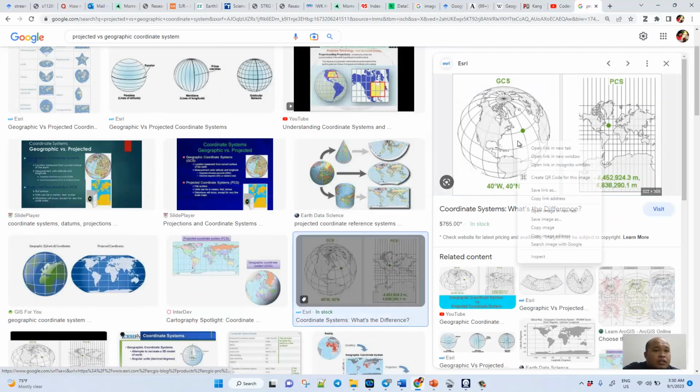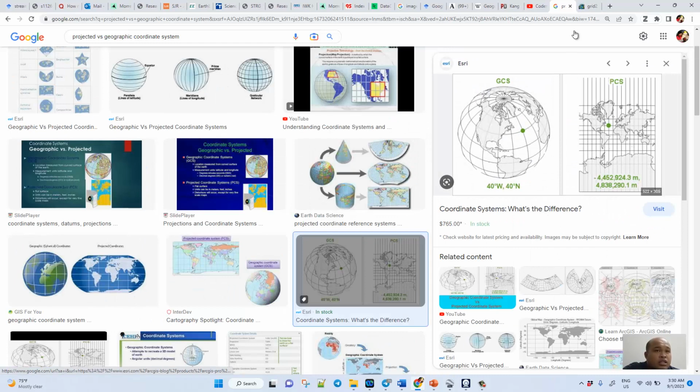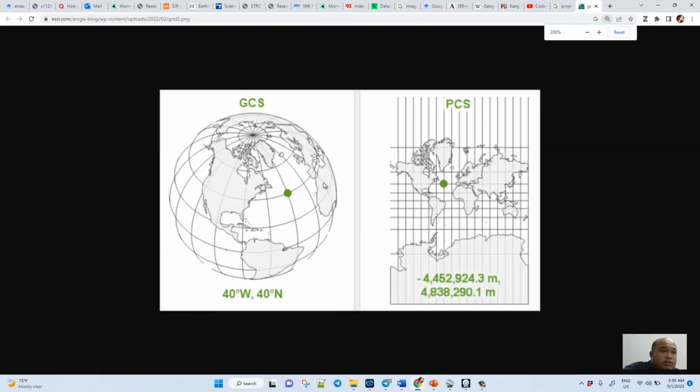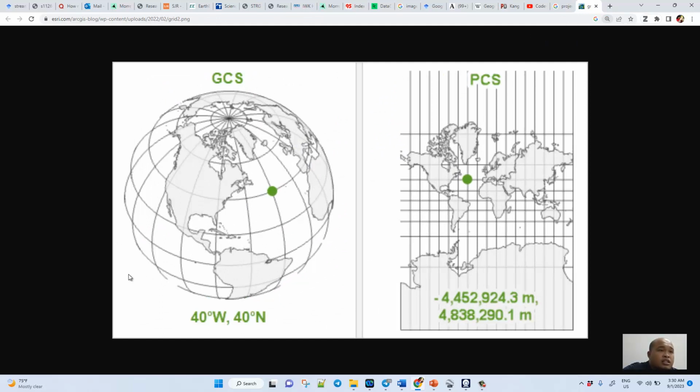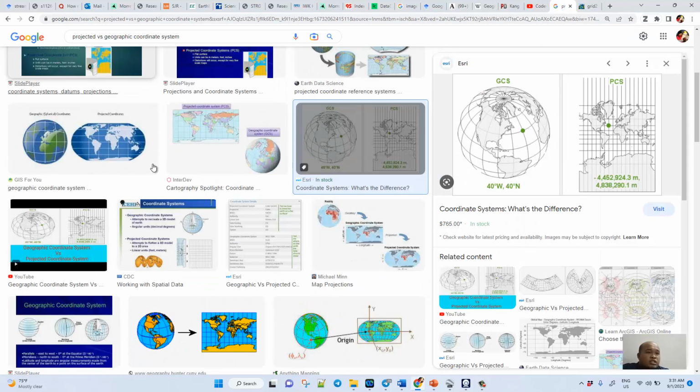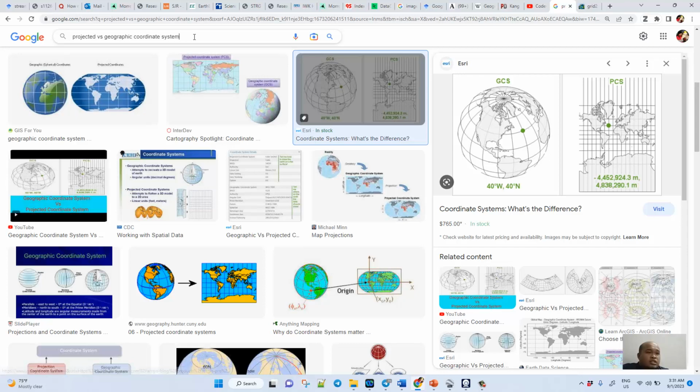Okay, so this is what the earth looks like, right? It's rounded, but the projected coordinate system is once you have flattened it. But as I mentioned before, it actually produces a distortion, alright? Distortion image